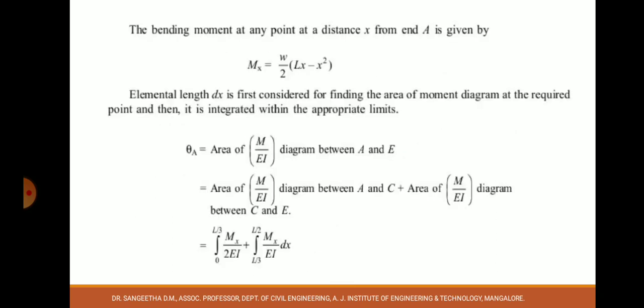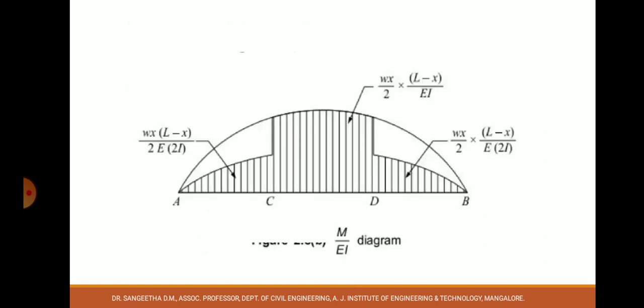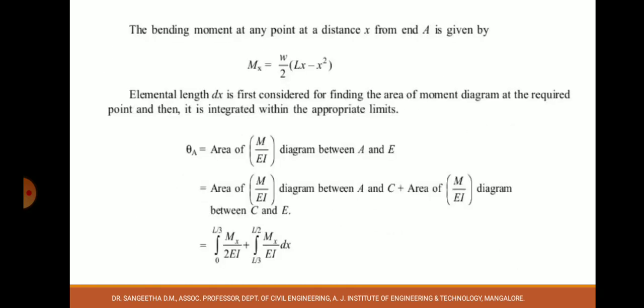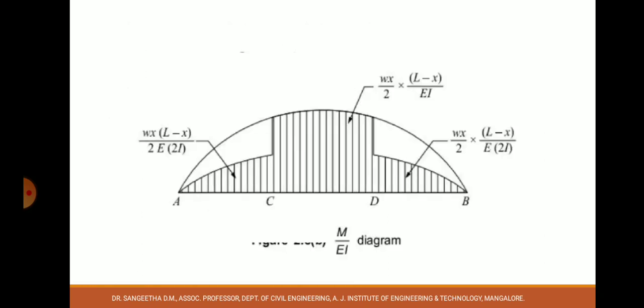Now, in order to evaluate theta A, we need the area of the M by EI diagram between A and E. E is the central point. So we take the area of the M by EI diagram between A and C, and between C and E. C and E is a pure rectangle